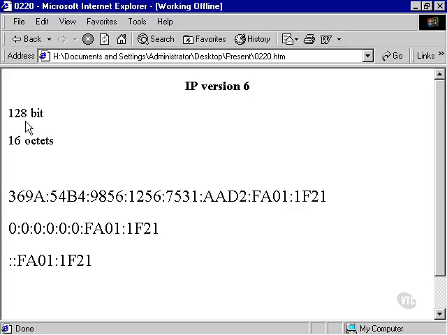Now, instead of using 32 bits like our IP version 4 does, it has 128 bits for addressing. These are broken up into 16 octets. As far as the way we would see it, it'd be written here, which is hexadecimal. So this isn't 369A, it's 369A colon 54B4, and so on. If you notice, there's 8 of these hexadecimal numbers, and this is how our IP address